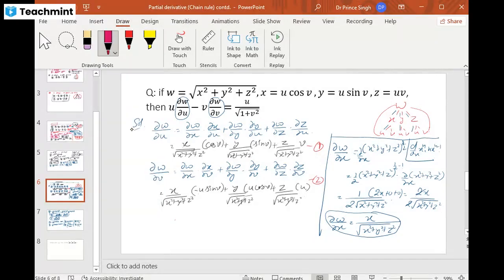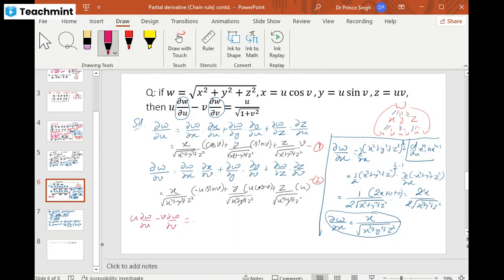Okay, so I'm writing u ∂w/∂u minus v ∂w/∂v. So this is equal to, okay, I think we need a bigger space here. So this is equal to,